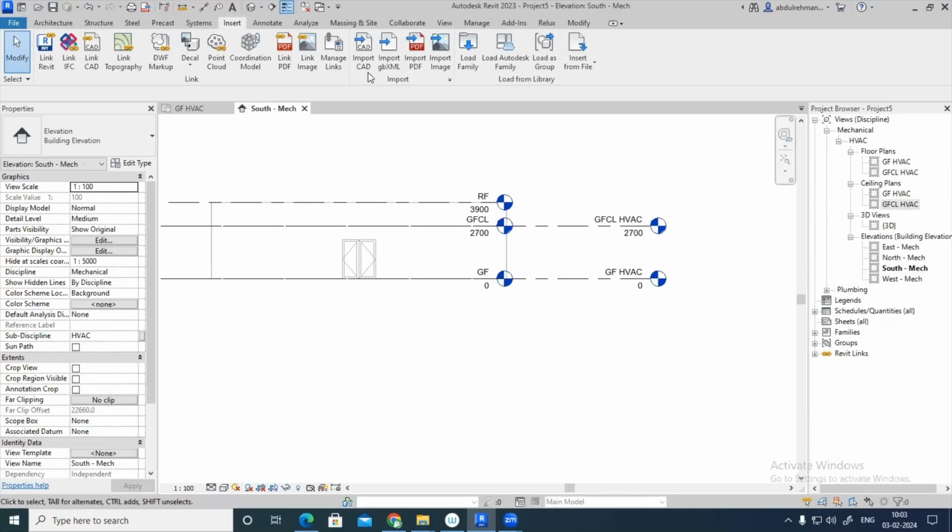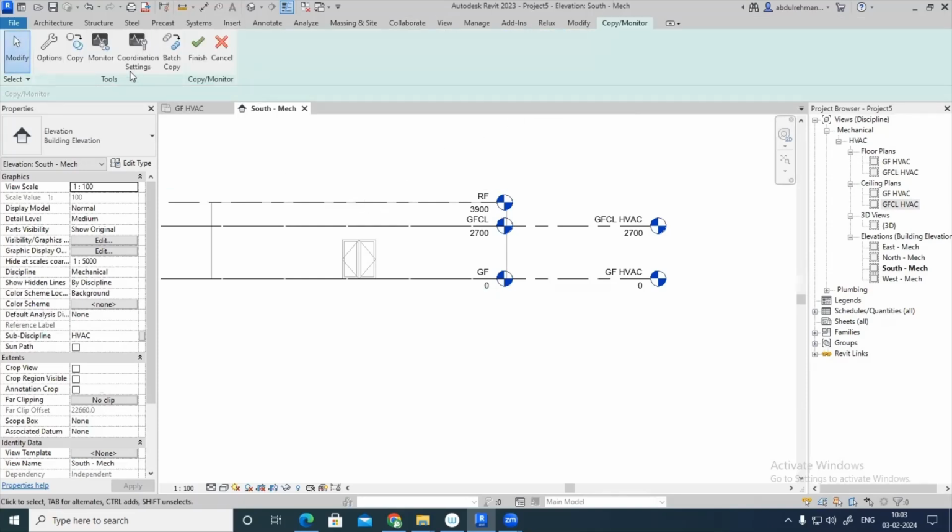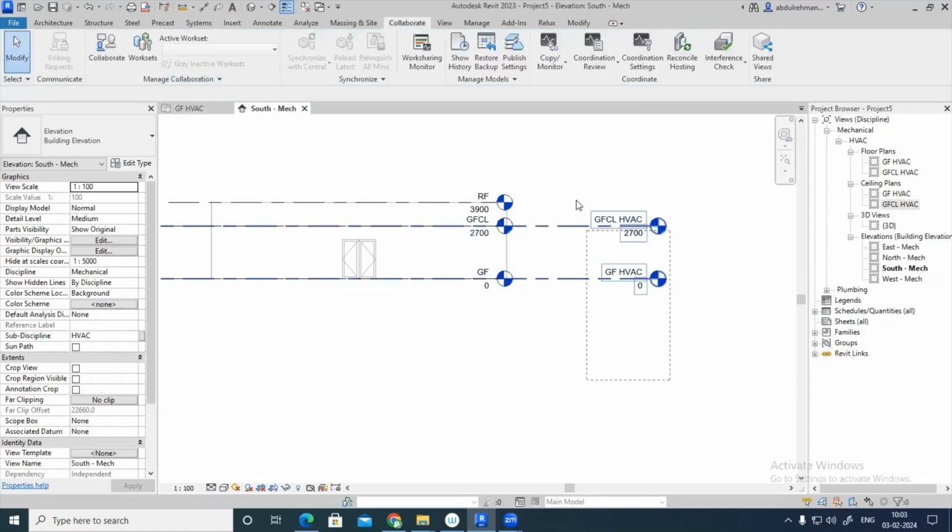Okay, so just go to the collaborate. Under the copy monitor, select a link. And after that, you have to monitor the session. Select your mechanical, select your architecture, select your mechanical, select architecture, finish it. Now you can see both the levels as monitored. Now one more